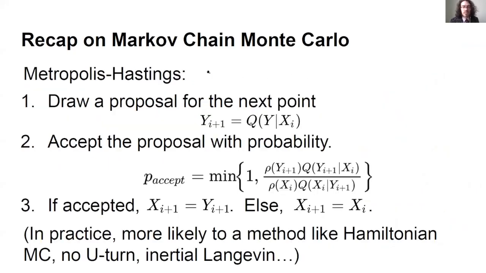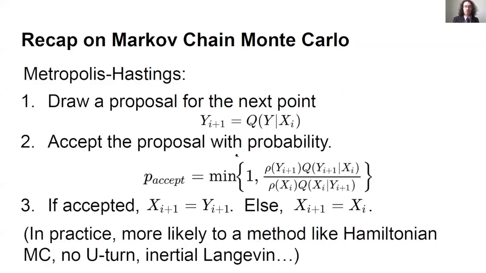So what does this look like in practice? Again, this is a recap for many of you, but I'm just going to give a quick recap of one of the most basic Markov chain Monte Carlo methods, the Metropolis-Hastings algorithm. For Metropolis-Hastings, once we're at a point x_i, we draw a proposal for the next point in the chain, y_{i+1}. And then we basically